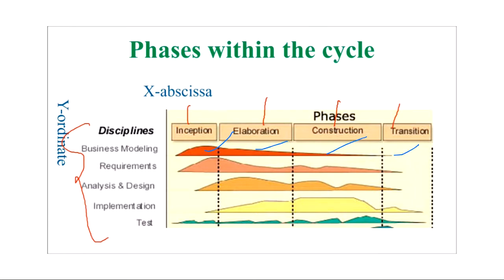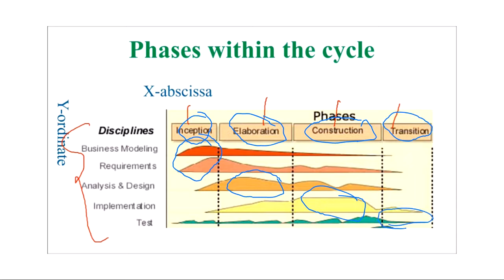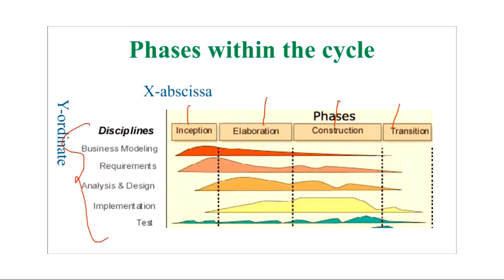But in every phase, the major work done will be as per its name. For example, if it's the inception phase, then the highest peak will be of the requirement analysis part. If it is the elaboration phase, then the highest peak will be of the design part. If it's the construction phase, the highest peak will be the coding part. If it's the transition phase, that will come at the very last, okay, after every testing and so on is done. Any doubts, anyone? You got this now?